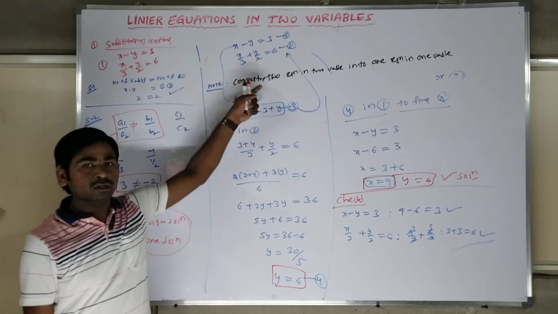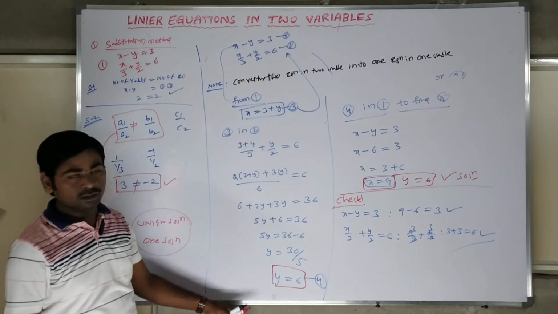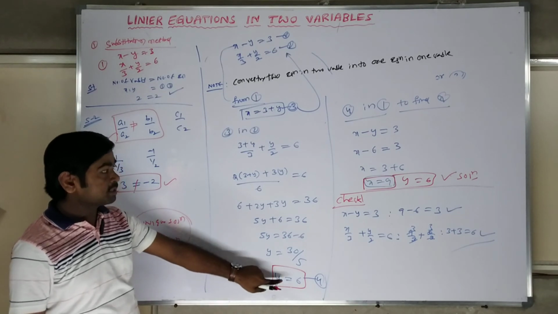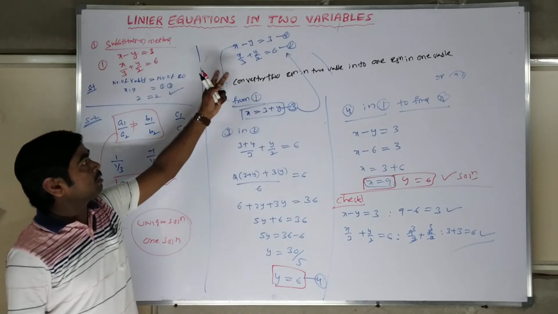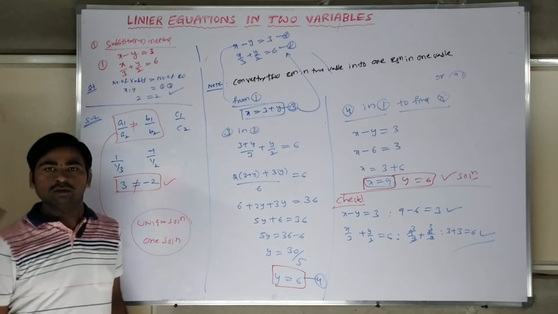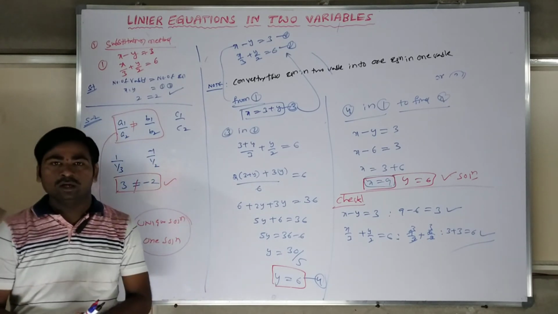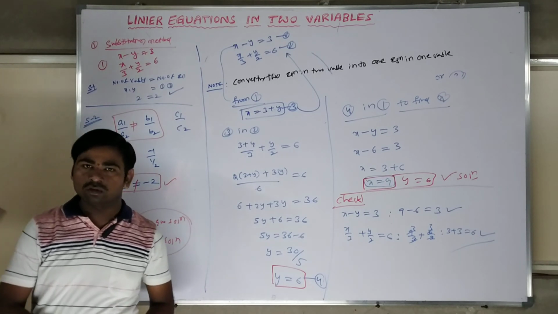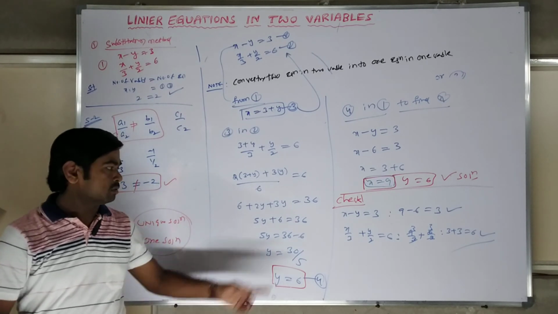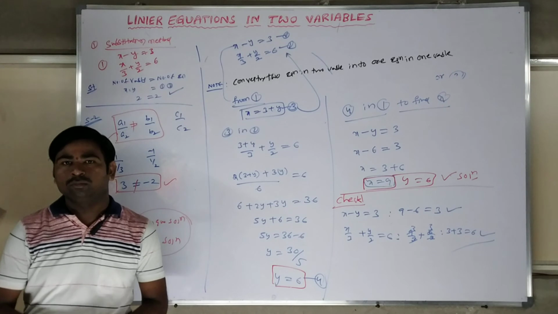The easiest equation, substitute into the complex one and solve it. After getting the y value or x value, substitute to find the other component in a simple equation, equation 1 or 2. Options are yours. This is the way we can substitute the values. By substituting we are getting the answer. That's what we call the substitution method. So in this way you have to solve the problems.